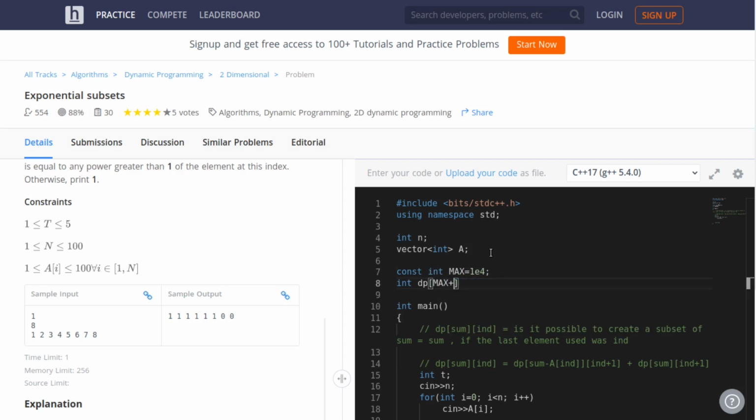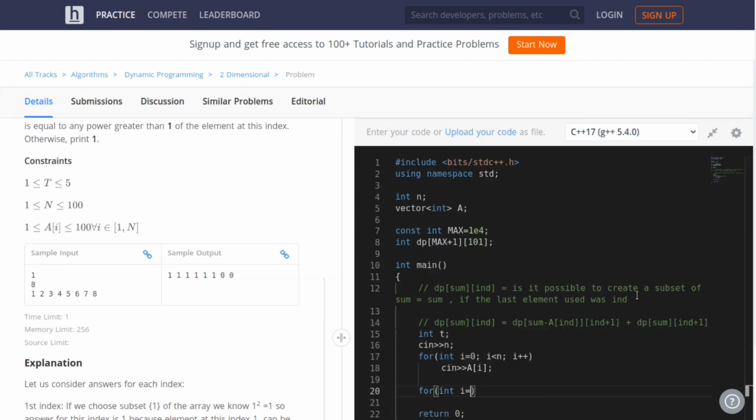So I declare an array of size 10 to the power 4 plus 1, and the second dimension requires 100, so let us take it 101. Now let us initialize every element inside this to -1.